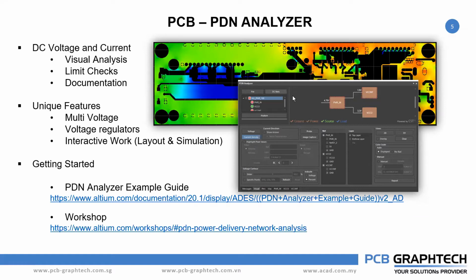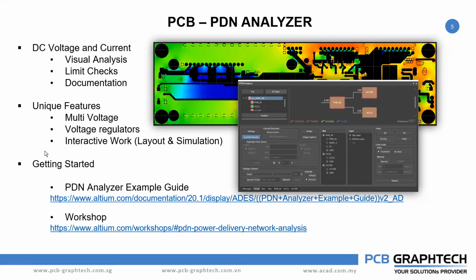Once you analyze it, the results will be seen in the background in your PCB. So you will have an interactive relationship between your PDN analyzer and your PCB board. When you analyze, it will be done within a fraction of a second, and the results can be seen behind in your PCB, so the issue can be found immediately and solved immediately. There is no need to transfer or import or export your files, and there will be no missing data. So you have a big advantage that you can do it within the same environment of your Altium Designer software itself.